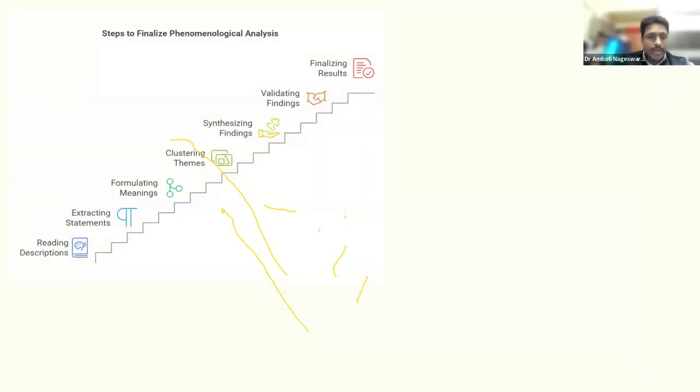Now, when it comes to the data analysis part, let me tell you one point here. I'm not here to justify the entire data analysis step by step because we have less time. I'm going to give the overview of it. Same thing we are going to repeat with the help of the data analysis on third day. Again, it is going to be with the help of the software.